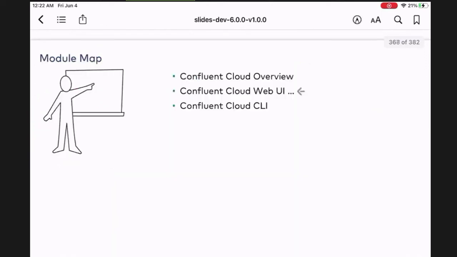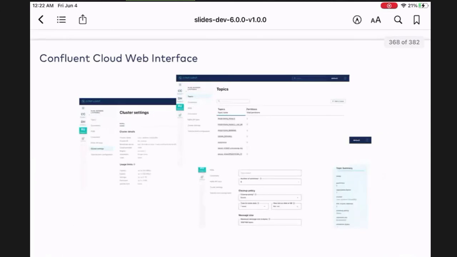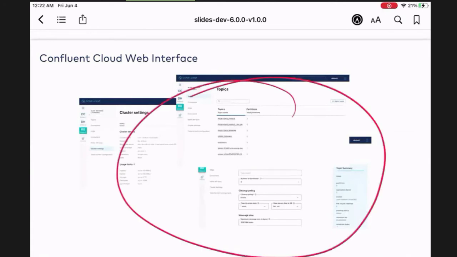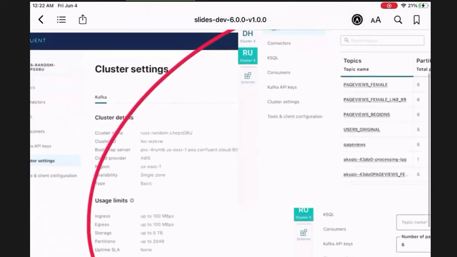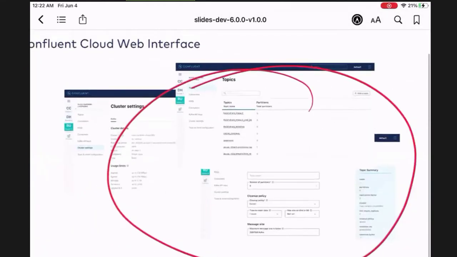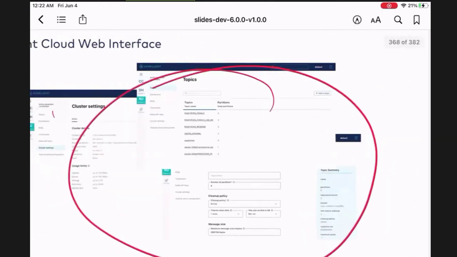And then in this one here, it's a Confluent Cloud web interface. It looks pretty much like the Confluent Control Center, as you can see here. It looks very similar to what you are already using. So the web interface in the cloud, when you go to our cloud, will look very familiar to you because it's just like what you are familiar with, okay? And really easy to use.